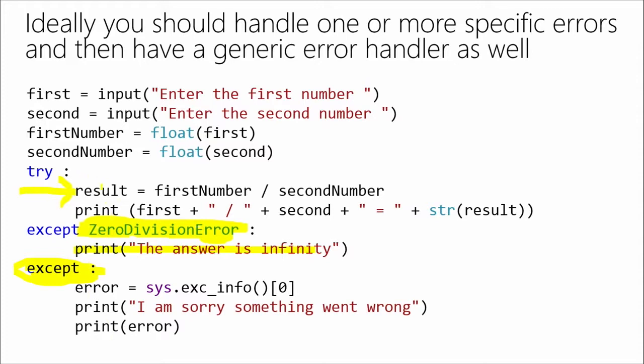So it'll check, is it this error? Okay, then I'm going to do this. Is it this error? No, I'll do this. Is it this error? No, I'll do this. And then you have, if it's anything else, here's what I want you to do. Yeah. And one other thing to highlight, Susan mentioned focusing in on the errors that you're expecting. It is also worth thinking about, if you are expecting something might go wrong, maybe test for it. We talked earlier about 0, and just check for it rather than doing the exception handling.